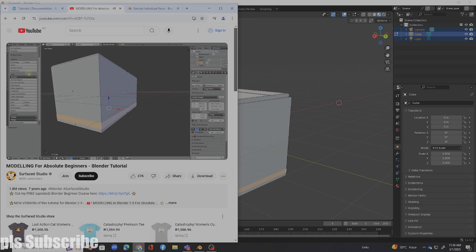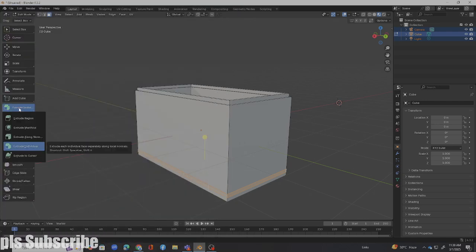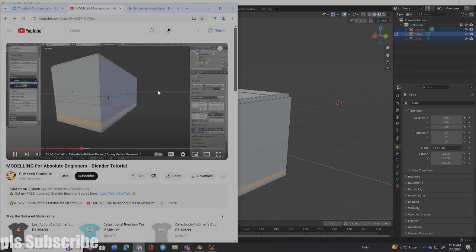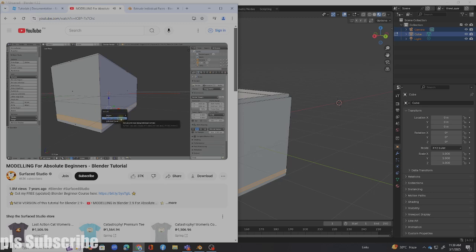What I actually want to do is come up into the tools, select extrude, and then select extrude region along the vertex normals. If you don't want to go into this menu all the time, you can also press Alt and E while hovering over your 3D view. So Alt and E brings up the extrude options, and then you can select region along the vertex normals. And now if you drag this out,